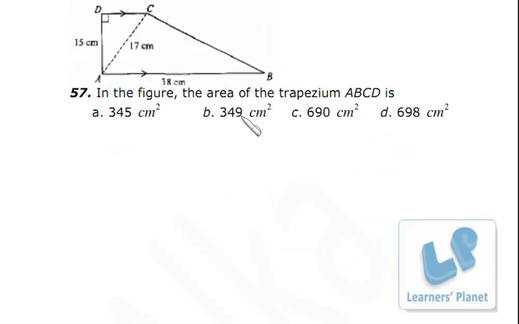In the figure, the area of trapezium ABCD is